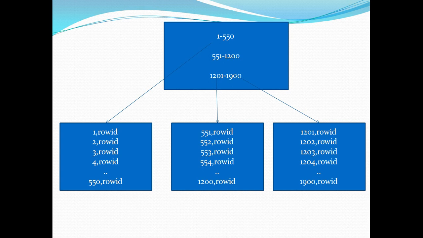Either you can have 50-50 splitting or you can have 90-10 or 99-1 splitting. What exactly does that mean? When this second block was completely filled, a new block was generated, and if there is a 50-50 split, that means half the ID values were copied from the old block to the new block. This is usually done when the data load is not consistent. In this particular case, we have an incrementing value which is consistent. That means every new value added to this index will be higher than the previous one.